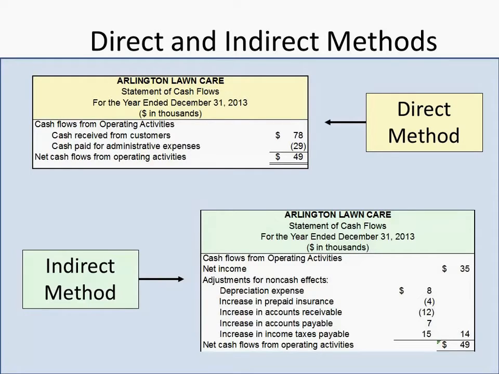However, the direct method, like I said, is a preferred method because it actually gives you more tangible, usable information. This is how much cash we received from our customers, not this is the change in accounts receivable for the period. Okay? Although people who would be proponents of the indirect method would say that net income is our accrual basis number, and this actually reconciles back to cash. This is a totally different calculation that ultimately reconciles to cash, but doesn't take you from accrual to cash. It just shows you cash basis.